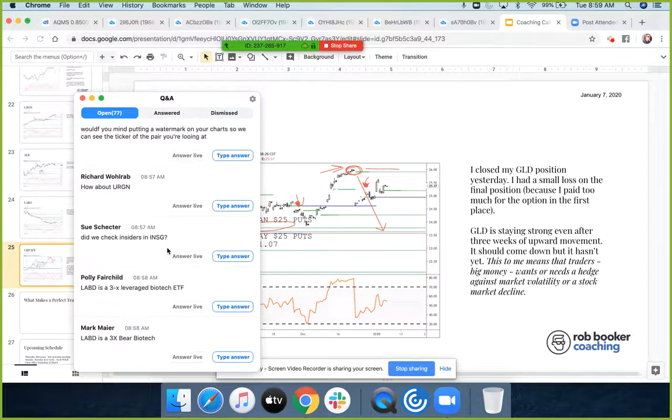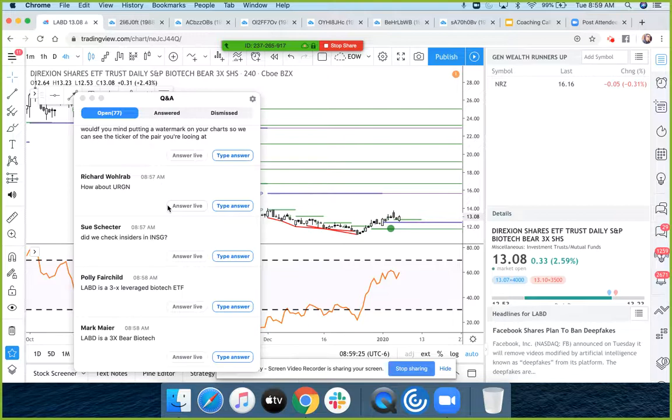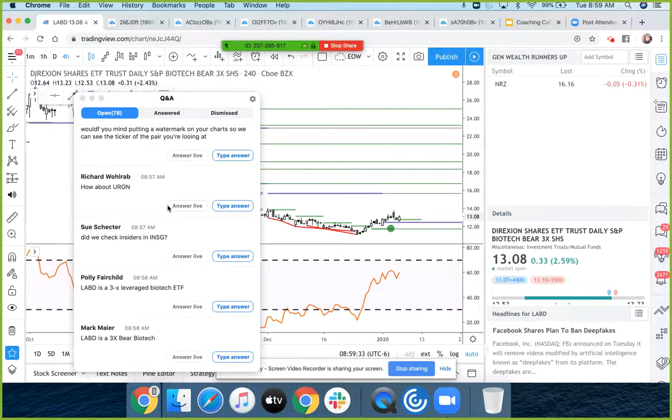Okay. LABD is a 3 times bear biotech. So for LABD, you'd say, I think biotech stocks are due for a decline. That doesn't seem like a completely unreasonable thing to bet on. So let's just search this. What you would be doing is betting that biotech stocks are maybe due for a little bit of a decline. You could buy a $14 call for $1.08, the February ones. You could buy a March $14 call for $1.58. Maybe buy 5 of those. Oh, it's got a wide bid-ask spread. I'm not gonna do that yet. You could just buy some shares of that, but